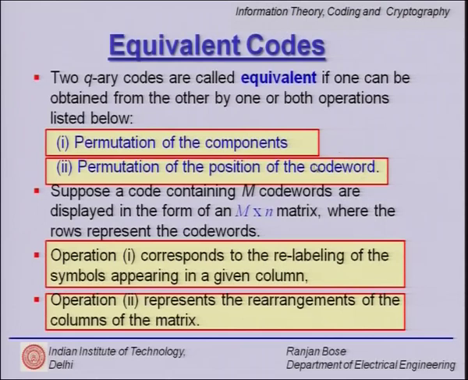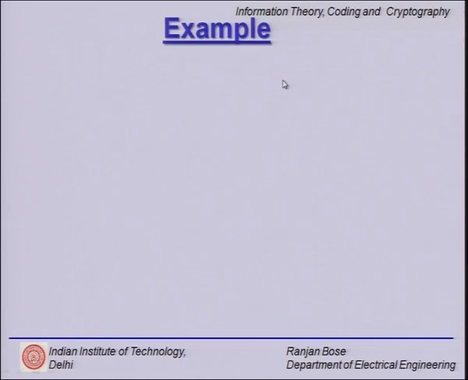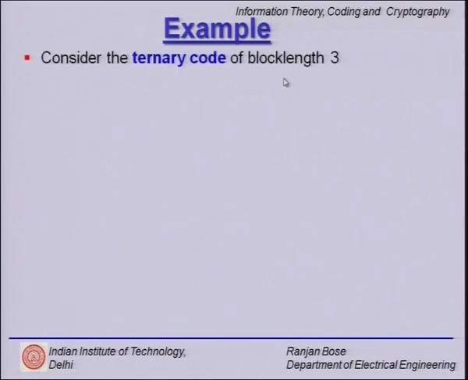So intuitively, this slide tells us the properties of a code will not change if you do these things. Properties, the error correcting properties, the ability to correct errors, distinguish between different code words, that will not change if I carry out these two, and hence this is called the equivalent codes. Let us understand this using a simple example.